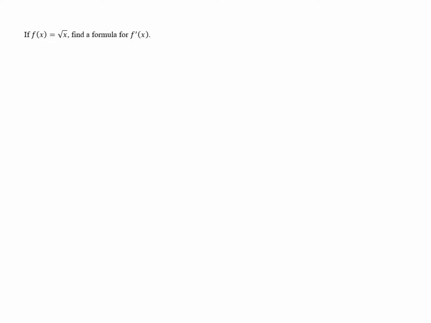If f of x equals the square root of x, find a formula for f prime of x, the derivative of x. So what we need to do is use the limit definition of the derivative. F prime of x equals the limit as h approaches 0 of f of x plus h minus f of x all over h. So what we need to do here is plug in the specific function